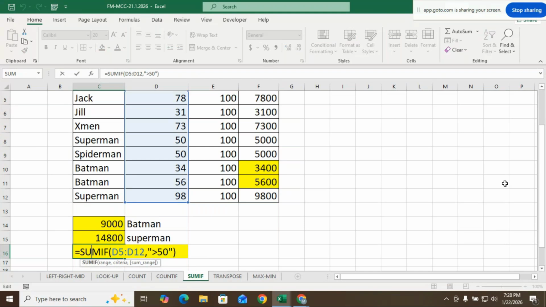Yes, are you done? Yes, ma'am. So till here are all the concepts clear? Left, right, mid, look up, count, countif, sum if, transpose and maximum and minimum. Okay. So next what you're supposed to do is,